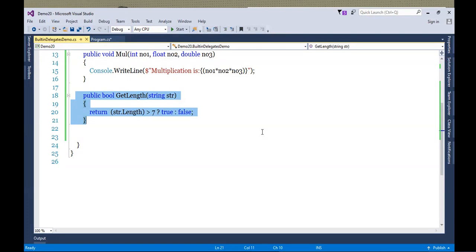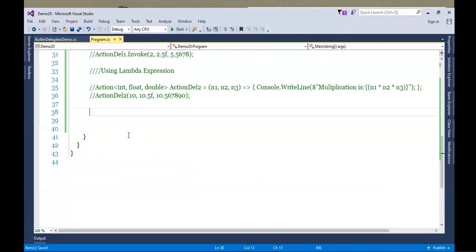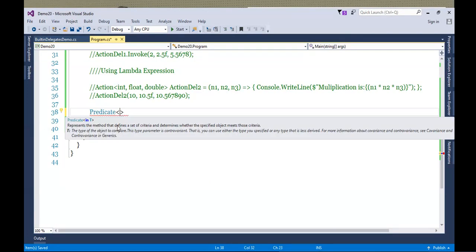So let's watch this out finally. So predicate, if I use these generic symbol, then you can watch out, there is only one argument.